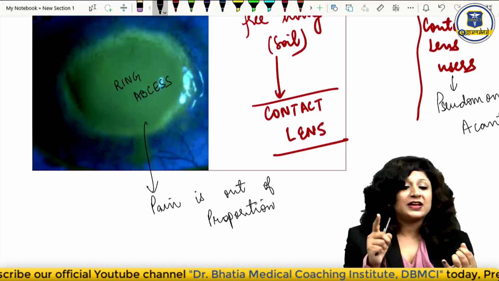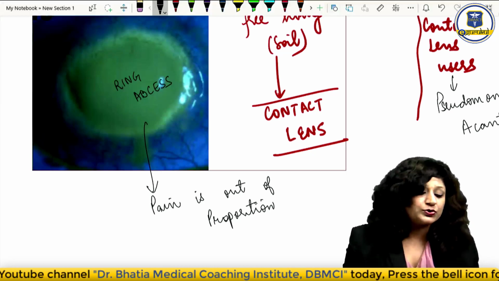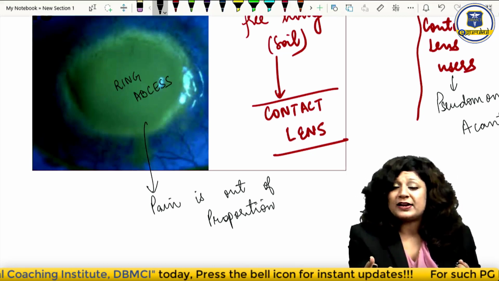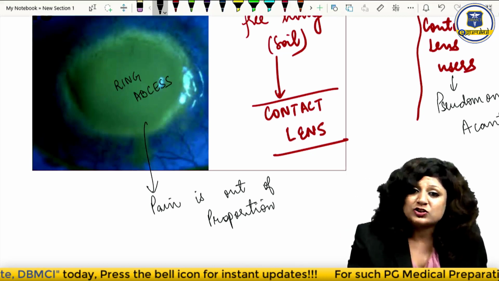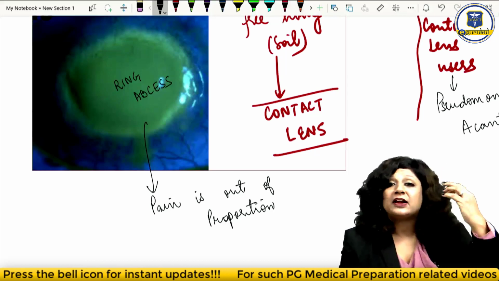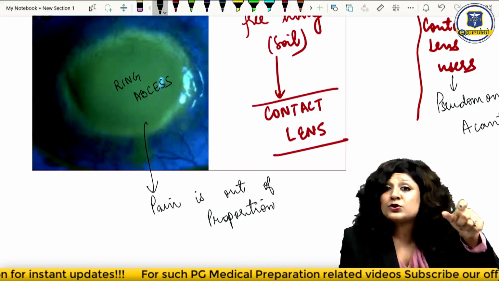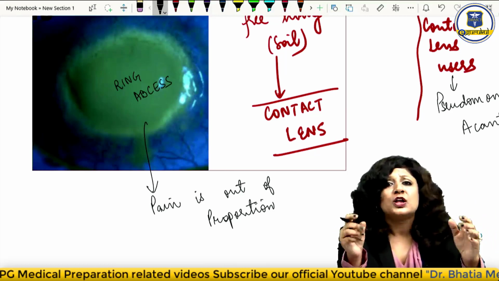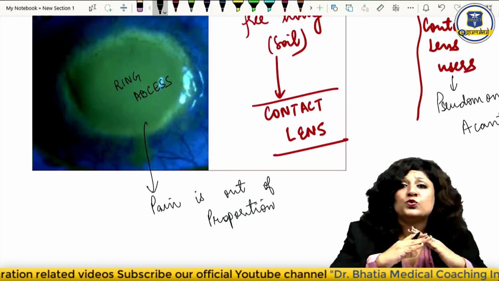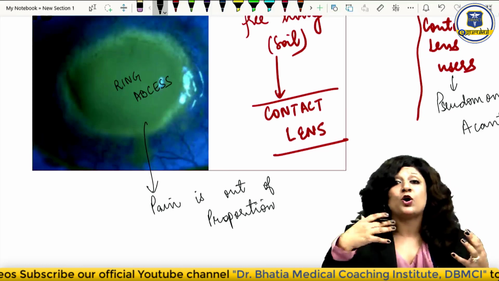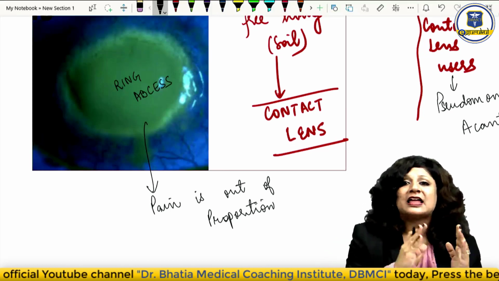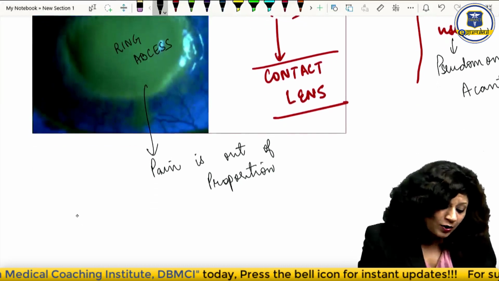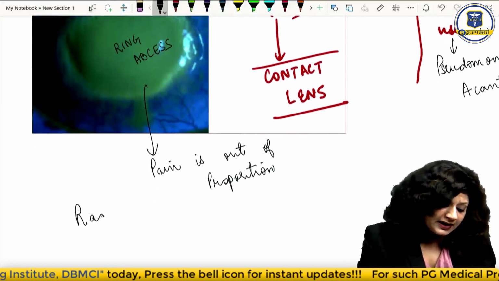Here you are having a history of the contact lens use, you are having the history of any vegetative matter which was soiled. Here you are having the ring-shaped abscess, plus there the pain was in proportion to the size of the ulcer, and here pain is out of proportion. So if pain is too much out of proportion in a normal looking ulcer, then that heads towards the